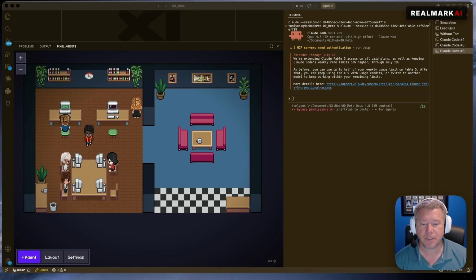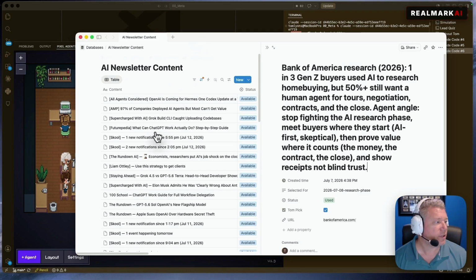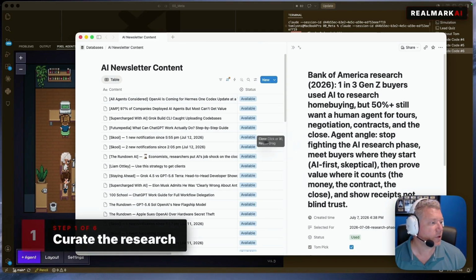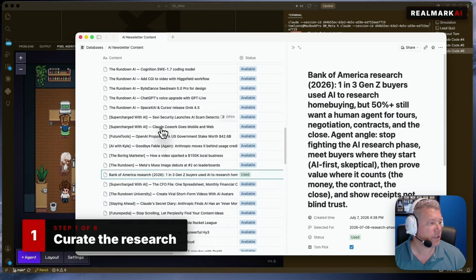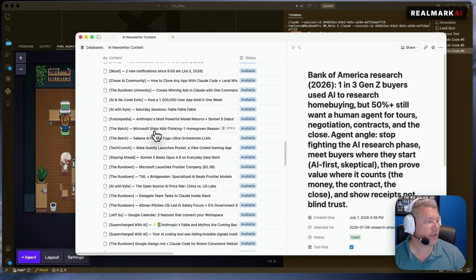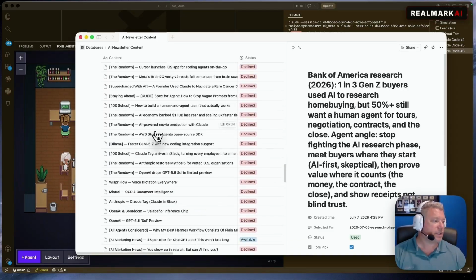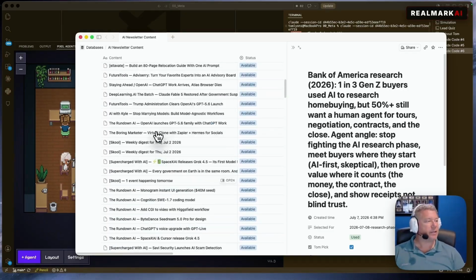If I pull up my Notion here, you can see I have a ton of articles that come in constantly about AI. So the question is, how do I choose all of this content and decide what's declined, what's not there? Well,